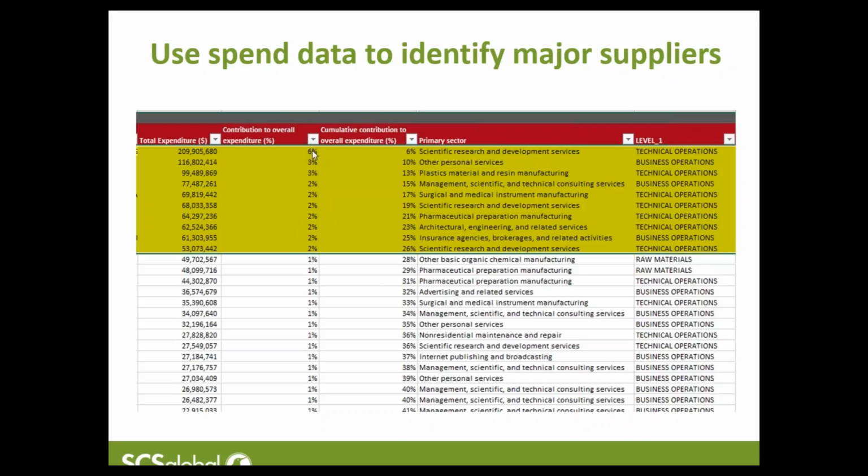You can see the first one is by far the most important at 6% of the overall spend of the company. But with this quick analysis, you can identify what are the major suppliers of purchased goods and services. And usually, depending on the data exports you can get, you can categorize it quite cleanly as well. Once you've done this, you can analyze this in more depth to begin to understand where you should focus your